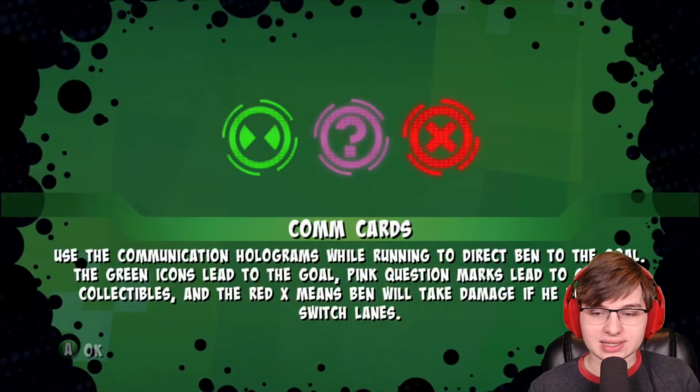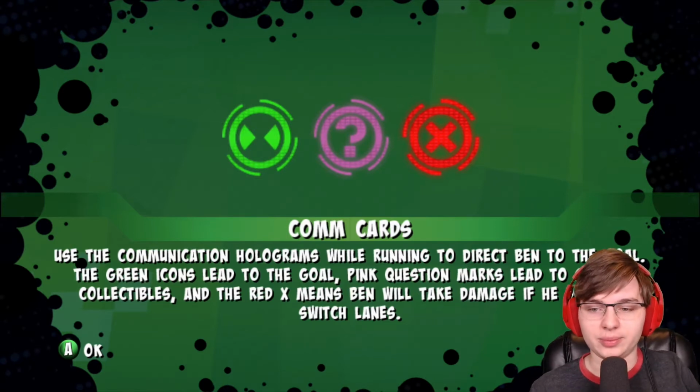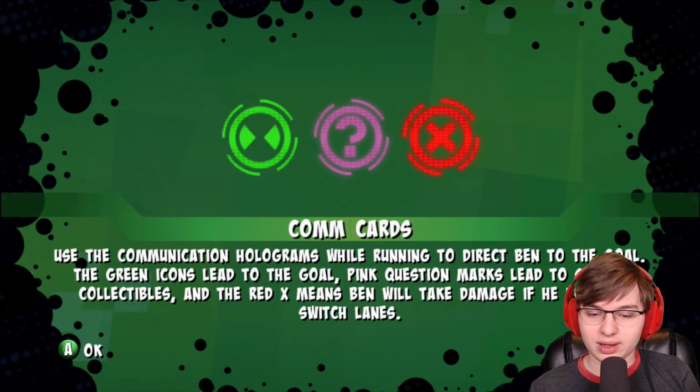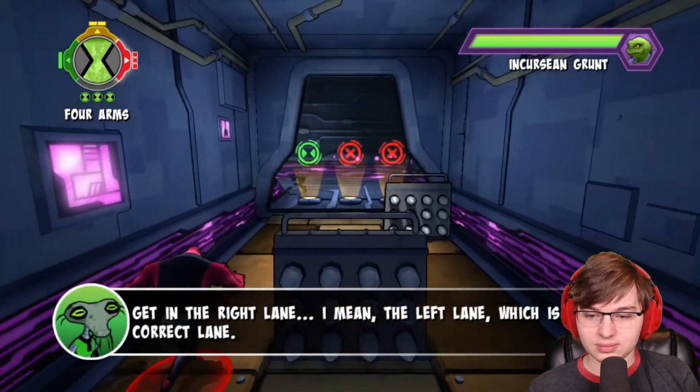And one of the first things that I mention is that I'm not really a fan of this. I was pretty good at Subway Surfer, as probably most people were, because it was a fun-ish game. Use comm cards. Use the communication holograms while running to direct Ben to the goal. These green icons lead to the goal. Pink question marks lead to the special collectibles, which I think is more of a purple. And the red X means Ben will take damage if he doesn't switch lanes. Get in the right lane. I mean the left lane, which is the correct...